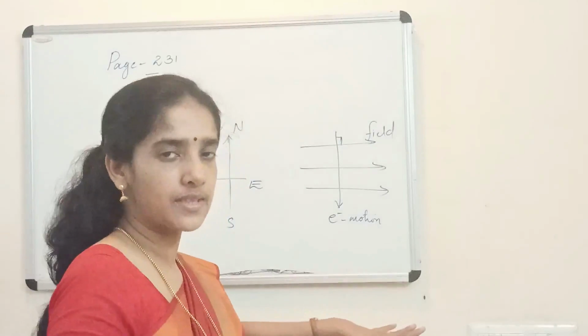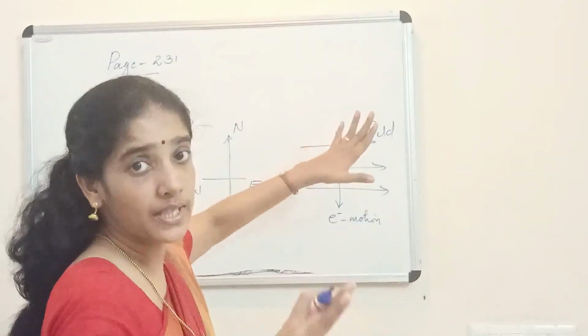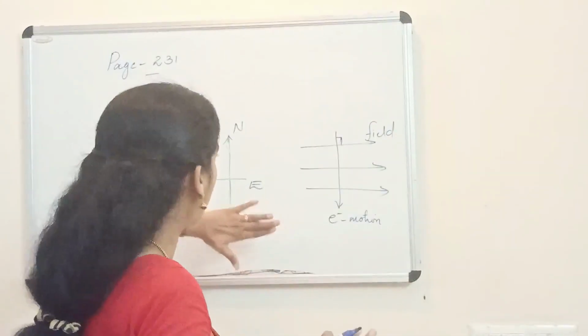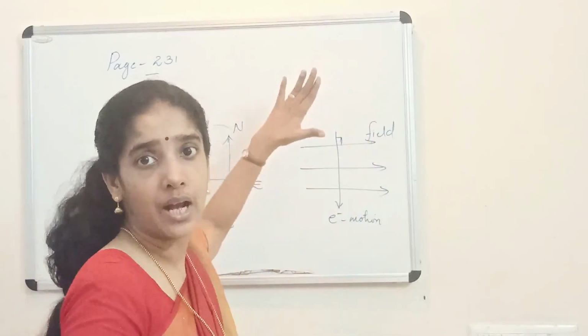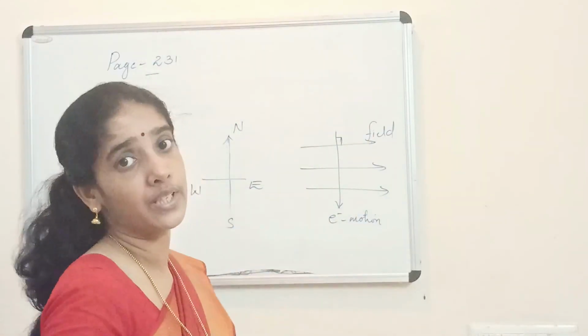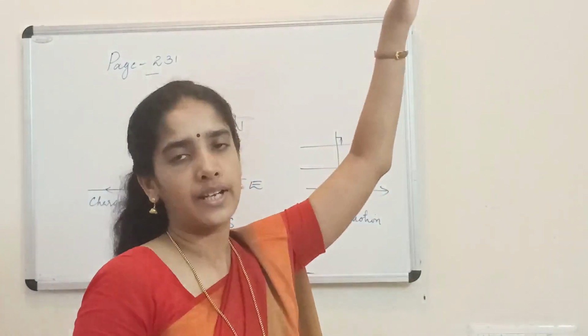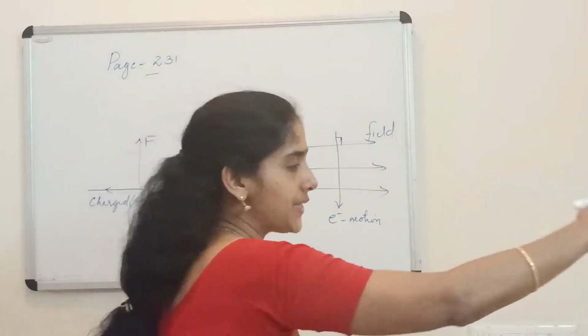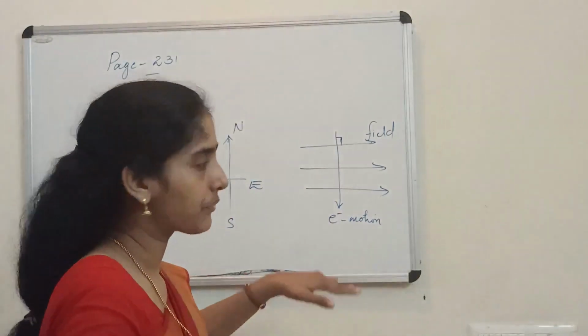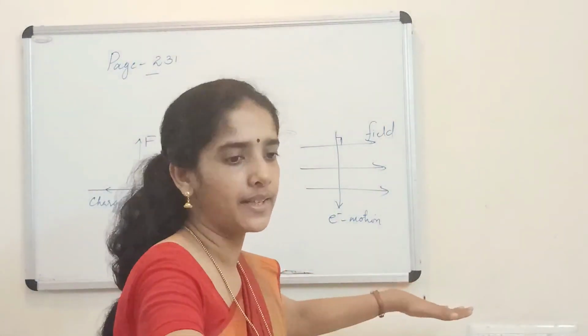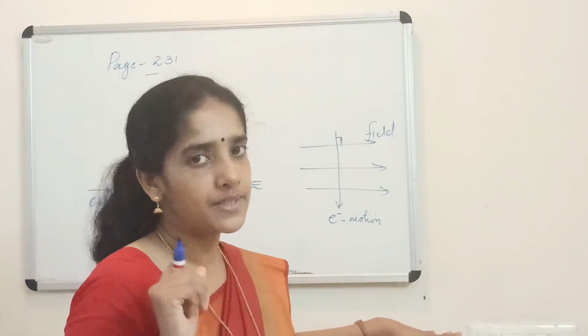So this north, south, when I draw on this board, this plane is kept vertical. So it appears like north is vertically up and south is vertically down. Please don't think like this in reality. North is not vertically up. It is like, if this is east, this is west, then here comes north and here comes the south. Now let us apply the rule.